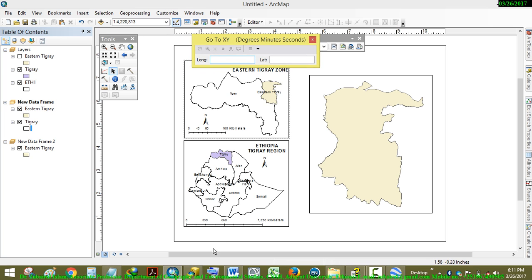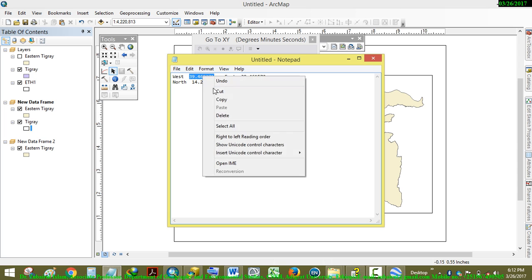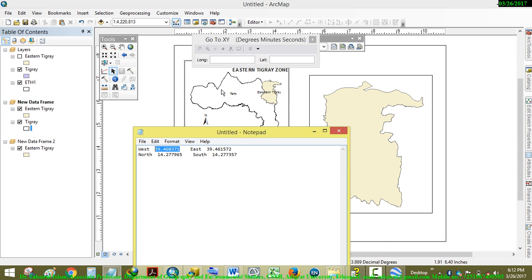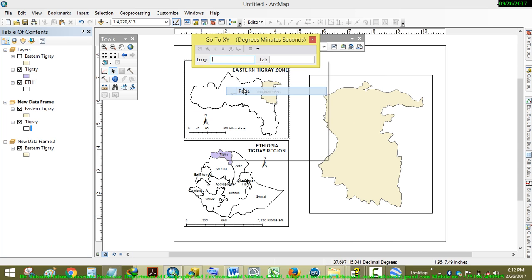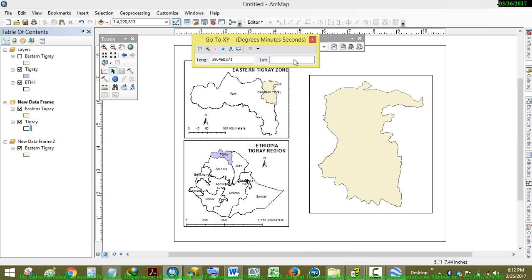The longitude we can take from here, or I have copied here, is this. And latitude is 14.27. Then just you can